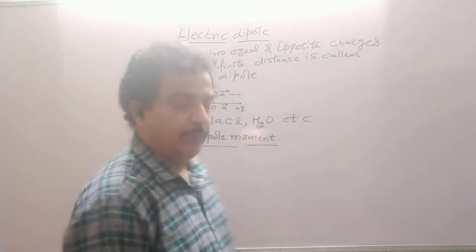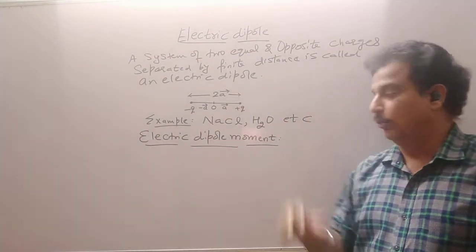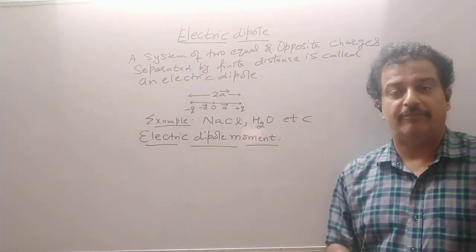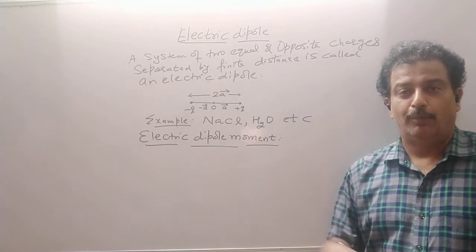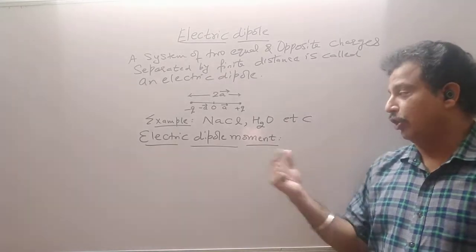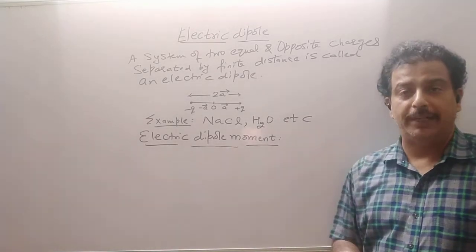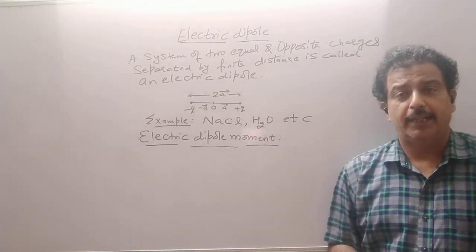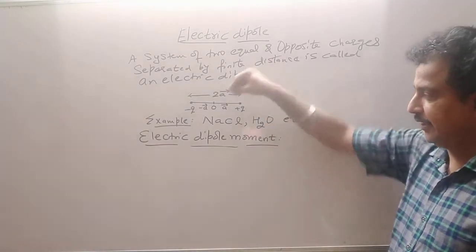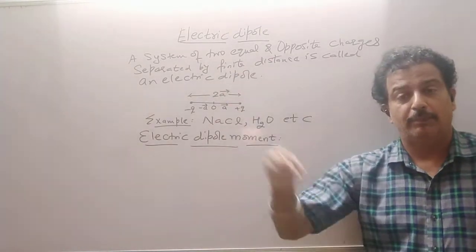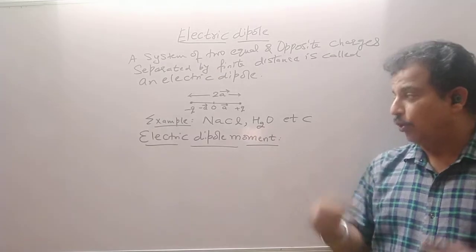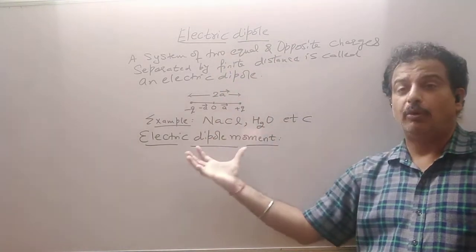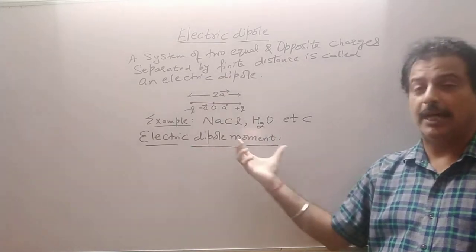Now if you remember, anything dealing with rotational motion has the word moment: the moment of force, which was referred to as the torque, and the moment of linear momentum, which was known as the angular momentum. So the dipole is going to perform rotational motion in a uniform electric field. When we place it in a uniform electric field, it will perform rotational motion. So we need to define a new physical quantity, the electric dipole moment.